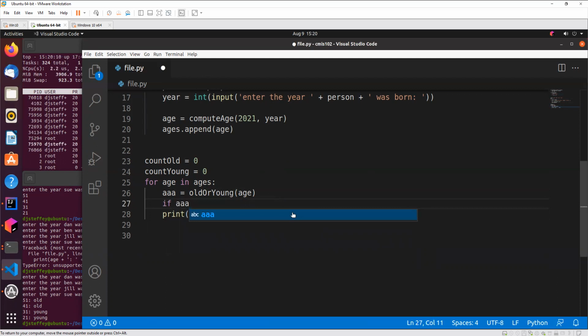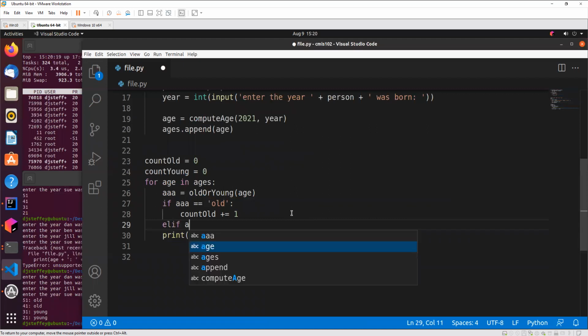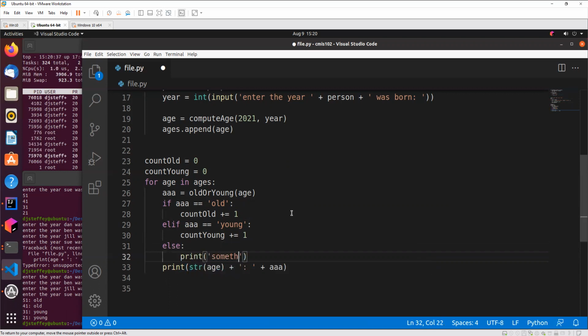If AAA equals old, then the count old goes up by 1, else if AAA equals young, then the count of young goes up by 1. If it's not young or old, something went terribly wrong. Go fix your code. If it gets to that point. If it gets to this point,